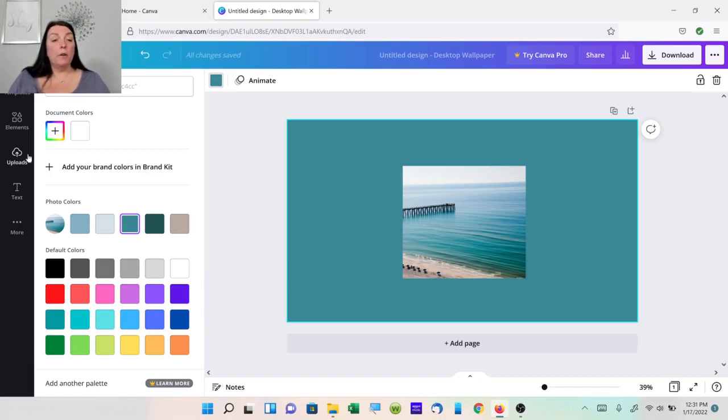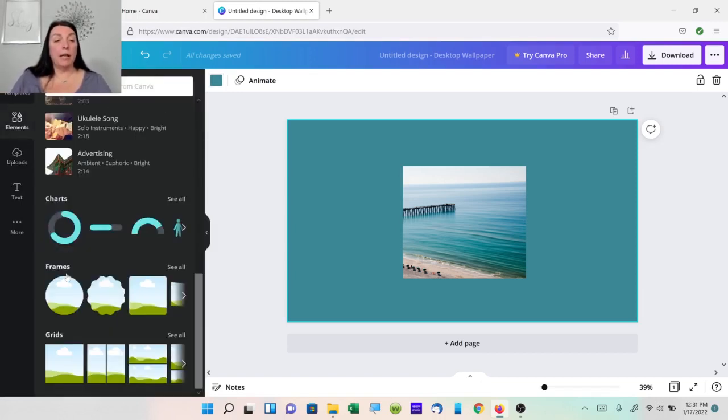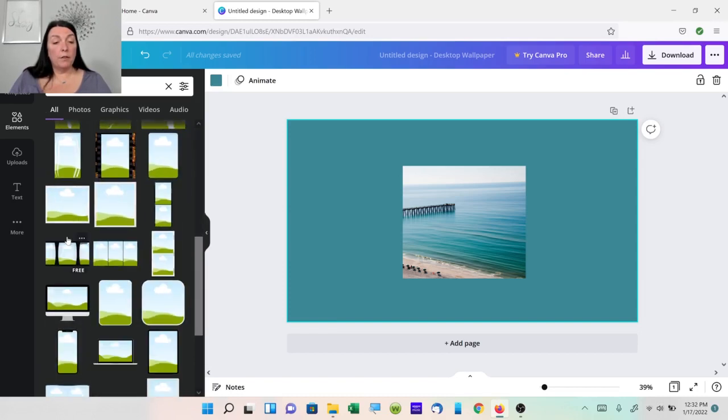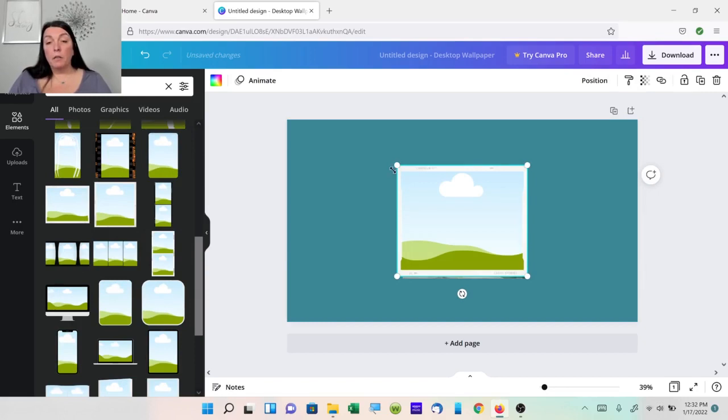So now I want to go back to elements and I'm going to add some more frames. I can change the shapes of the frames and just kind of see what they've got here. I can do see all. And let's go with this one. That looks good.